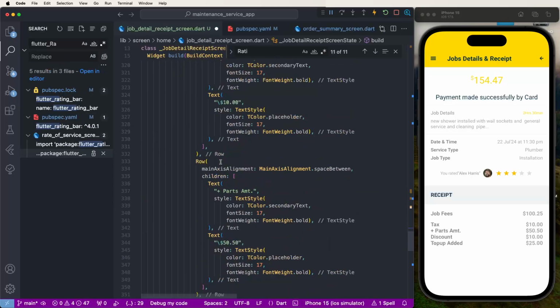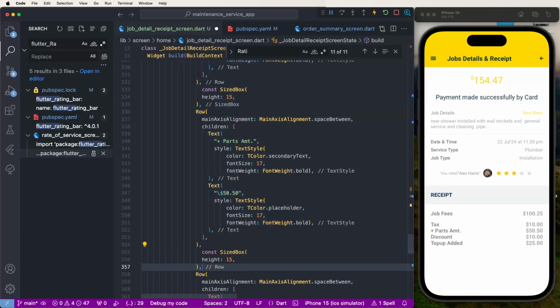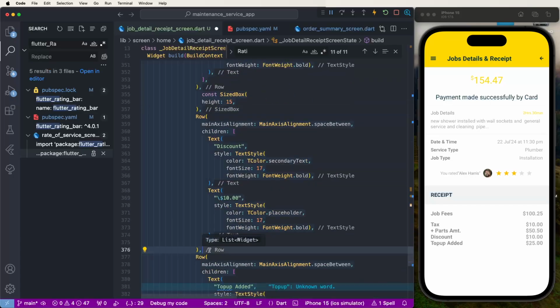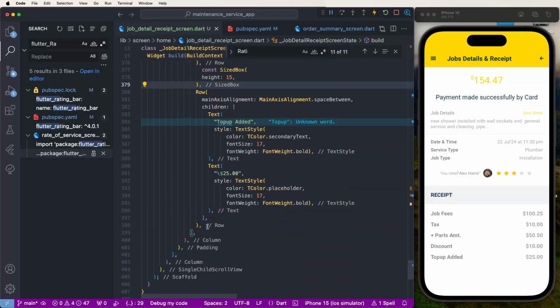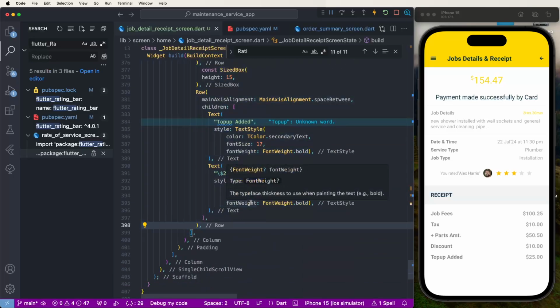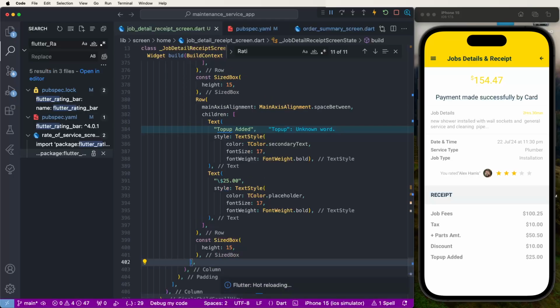Copy here and paste. Now need to draw here the dotted lines. Before need to draw these dotted lines,